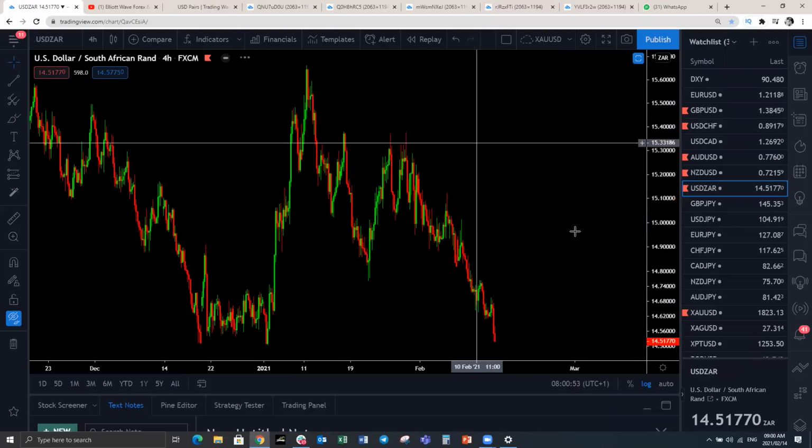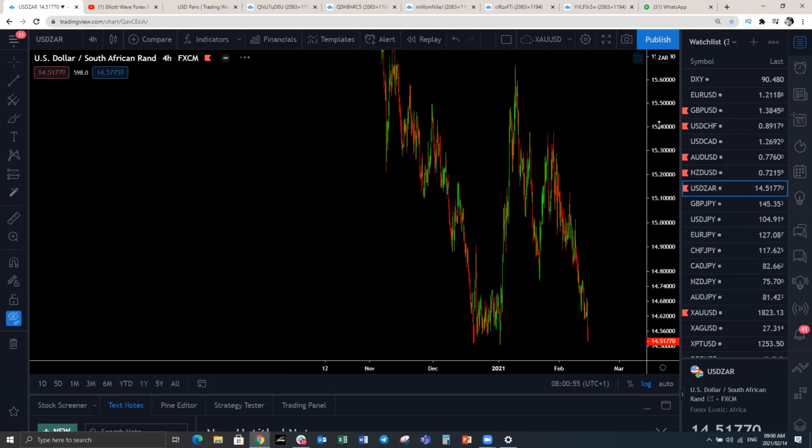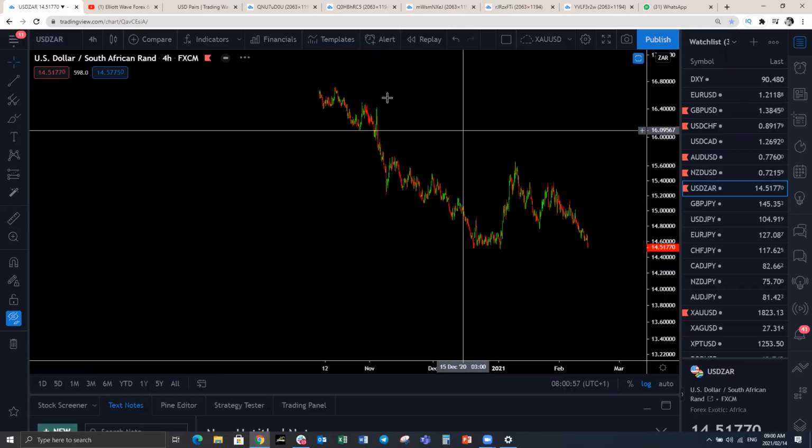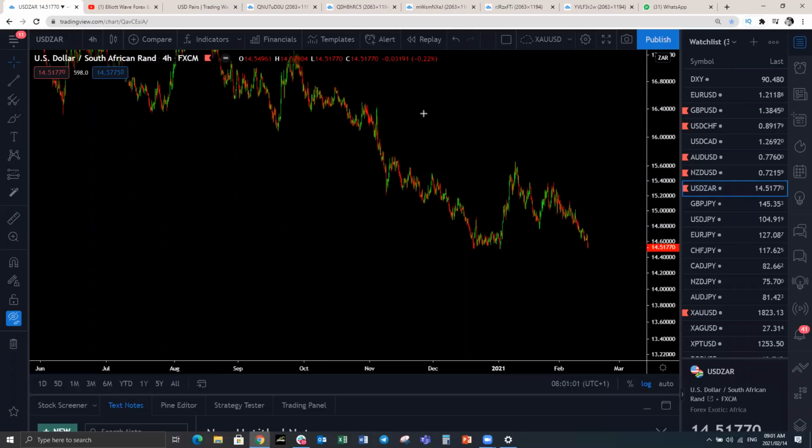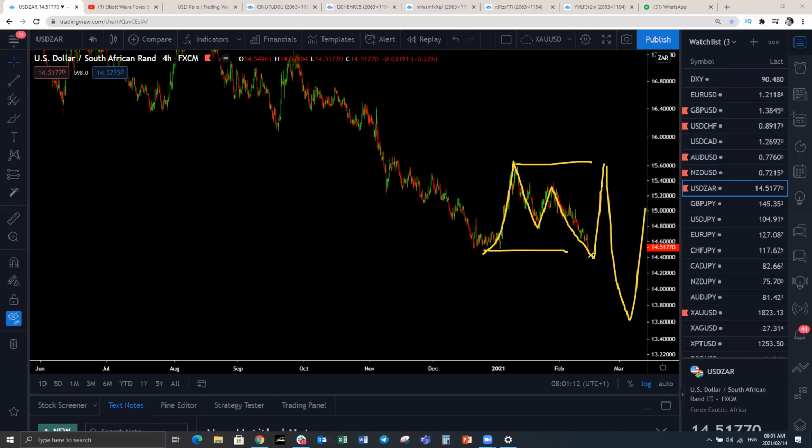So we're looking for continuation to the upside. US dollar ZAR, I've shown the corrective structure that we were looking at last week. So this is what you're still looking for. Look for this pullback here. There's a possibility that US dollar ZAR will give you, we already have an impulse, we've got a 3-wave pullback. We may retest this low and make a bounce, but this bounce may result in one leg lower on US dollar ZAR before resuming upside.